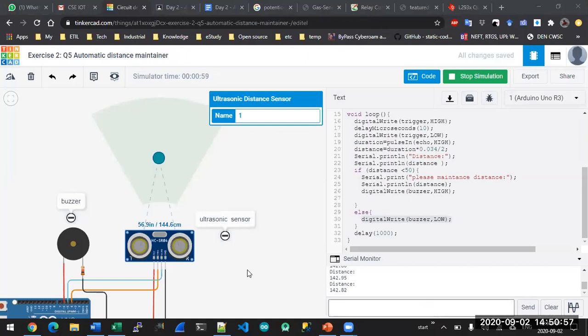Sir, it may be useful in this pandemic situation to maintain social distancing. Yeah, that we can also use. If someone is coming from our backside or somewhere we cannot see, it can make an alarm or indicate us. And these sensors are also used in robotics so that the robots do not collide with each other or with some wall or the like.